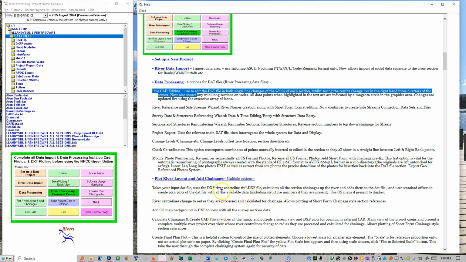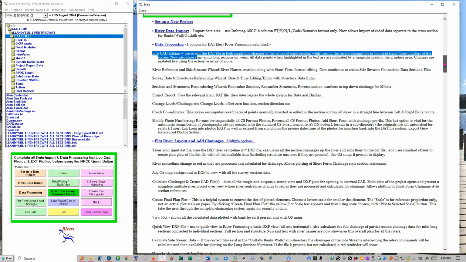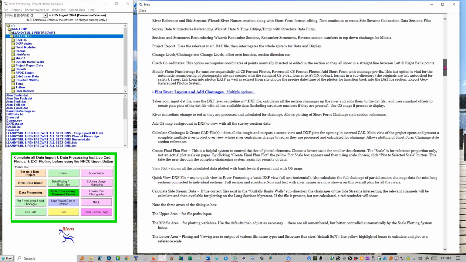You'll need there your DXF river center line that is digitized from the bottom up, always on the OS master map style maps. And by doing that, you will then interact with the DAT file, and the header files will then have various bits added to them, notably the chainage, the distance up the river